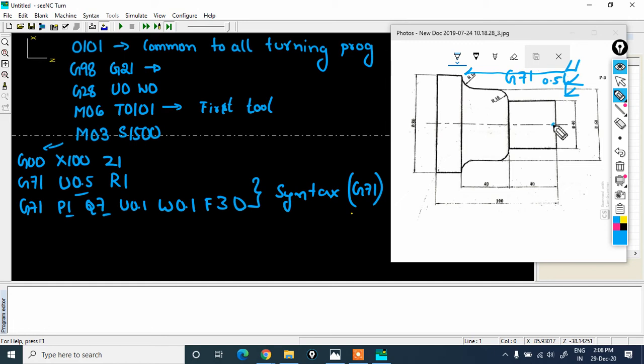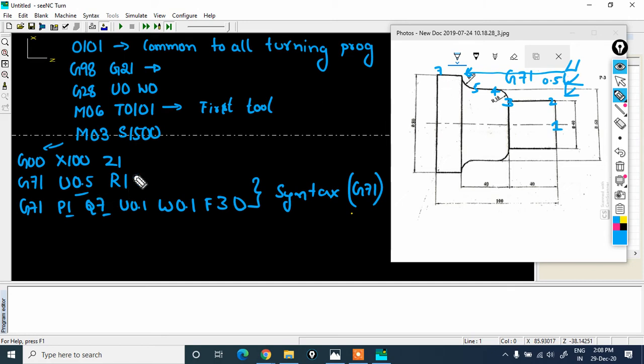So if I count, see 1 2 3 4 5 6 7. See, in order to define this complete diagram with the help of coordinates, I need 1 2 3 4 5 6 7 blocks.